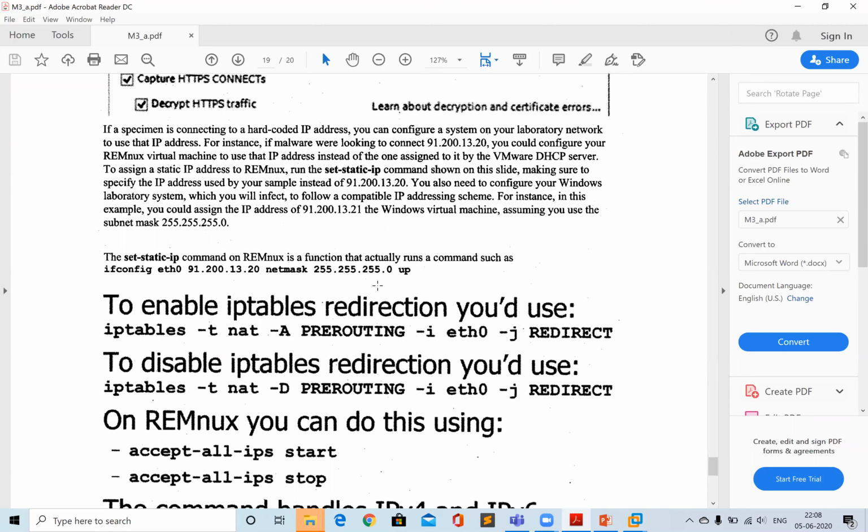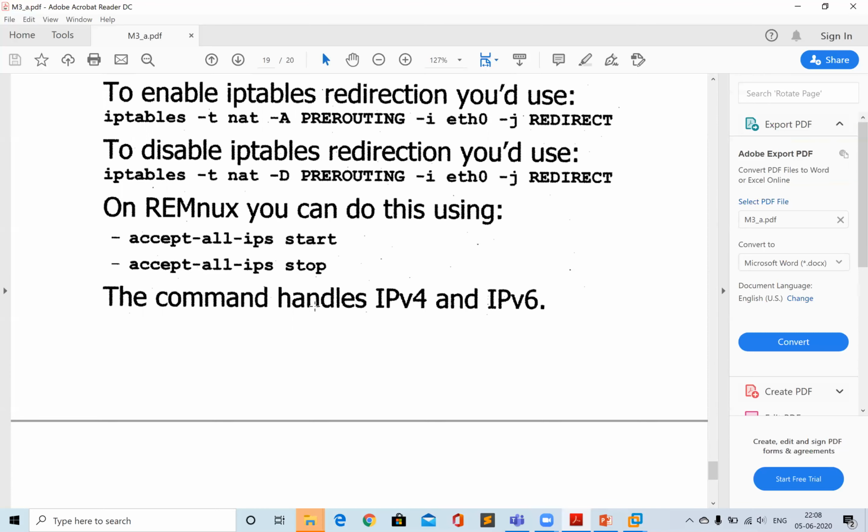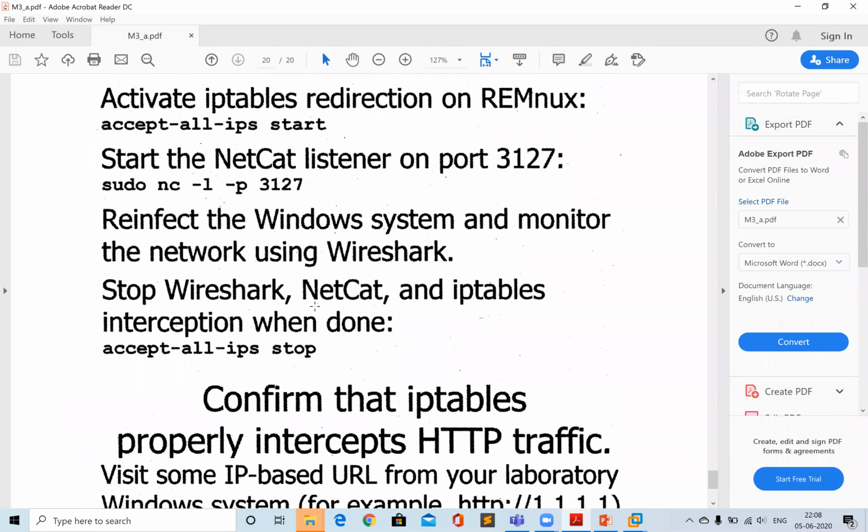And in the Linux VM, so that you don't waste time executing this big command, you can quickly type the command accept all IPs start, and the lab will be totally ready for you to analyze any malware that is trying to communicate with an IP address. Once you're done, you can run accept all IPs stop, and the software will stop for you. Okay, so that's how it is, guys.